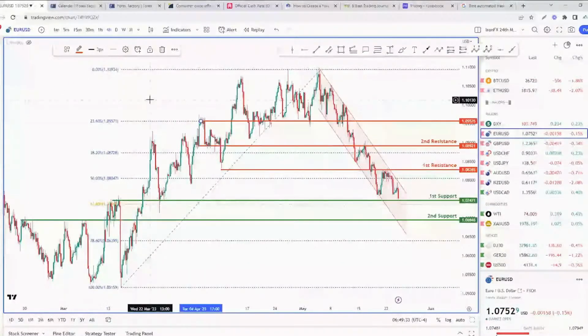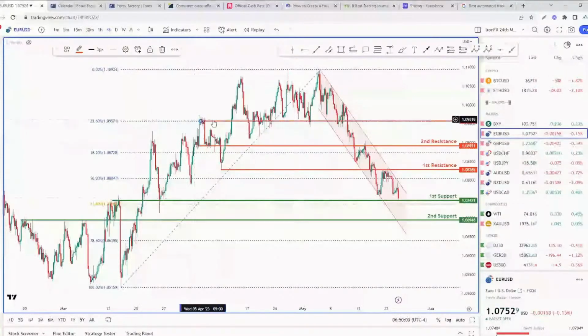So it's like taking a top down approach, right? You start from the top, using the daily or the 4-hour time frame to identify potential resistance and support areas or levels, and then zoom in onto the lower time frames and perform your other technical analysis in those time frames. Okay, so as you can see,